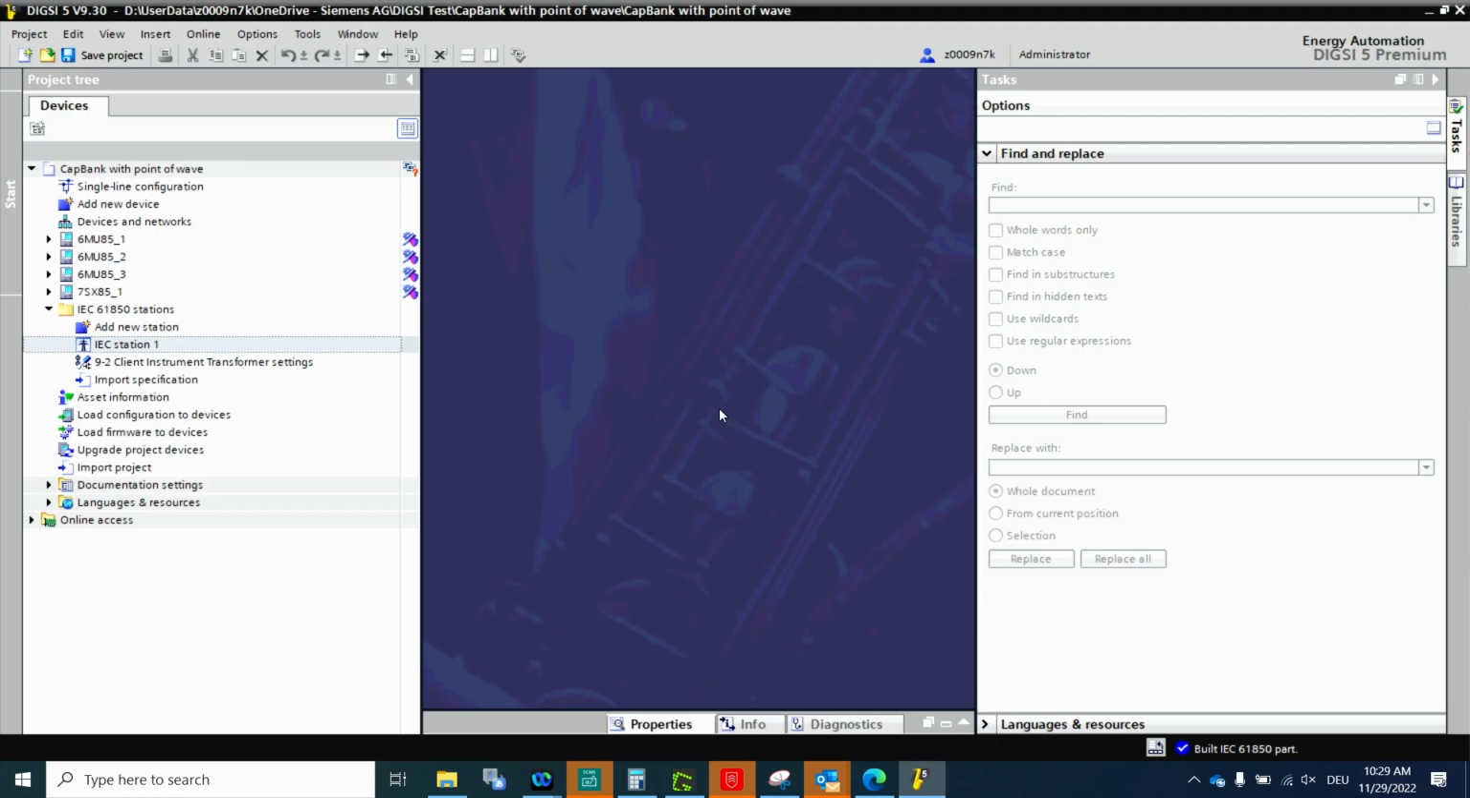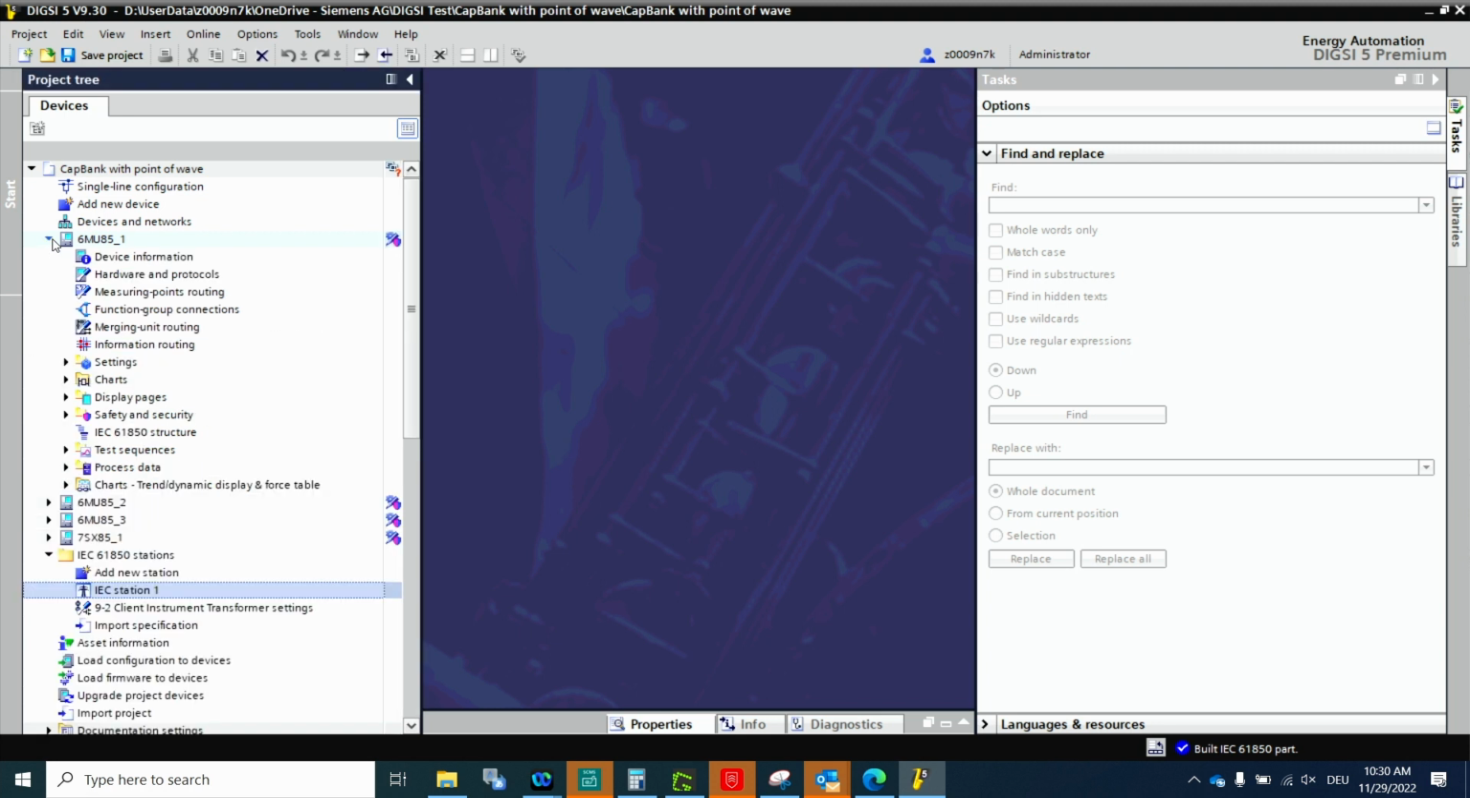How does the configuration in DIGSI look for the following application? In DIGSI, there are three merging units, 6MU85_1, 2, and 3, plus the universal device 7SX85. Let us go to configure first the merging unit